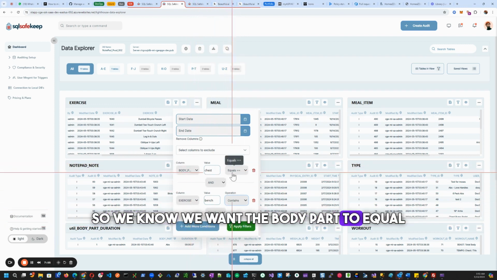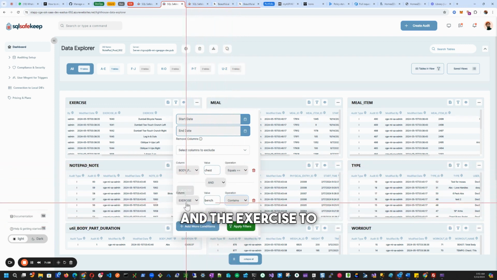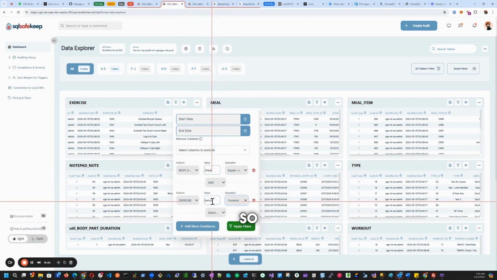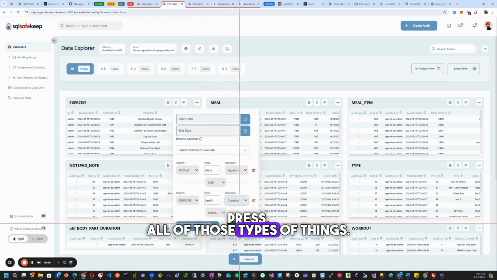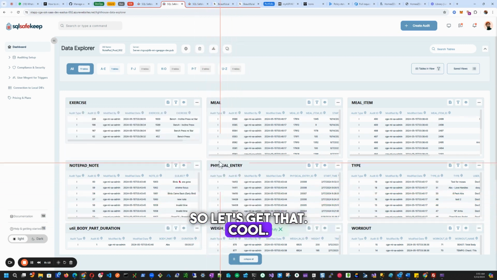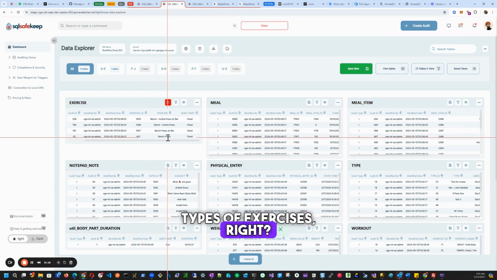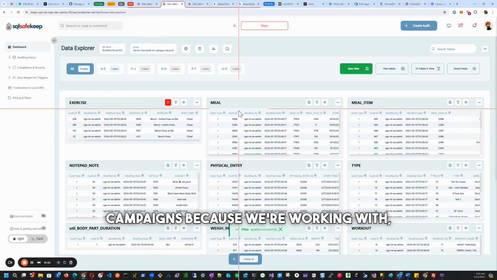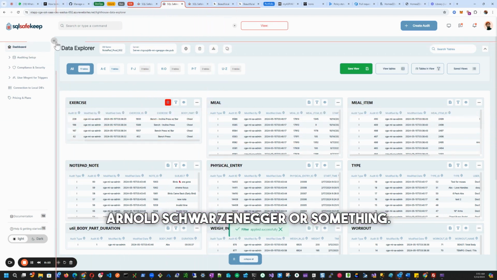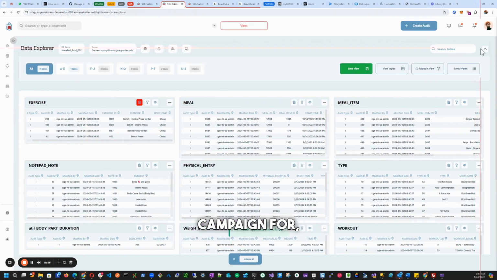So we know we want the body part to equal chest, and the exercise to contain bench. So dumbbell bench press, incline bench press, decline bench press, all of those types of things. So let's get that. Cool. So now we have these types of exercises, right? So we're going to do some marketing campaigns because we're working with Arnold Schwarzenegger or something, and we want to do a marketing campaign for